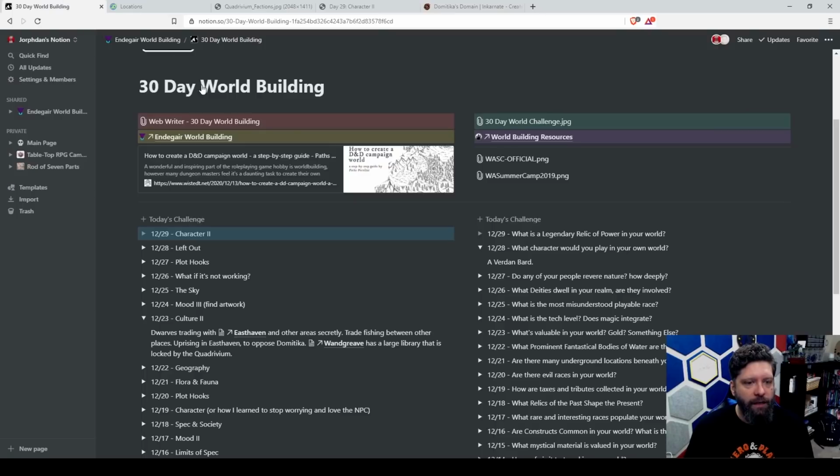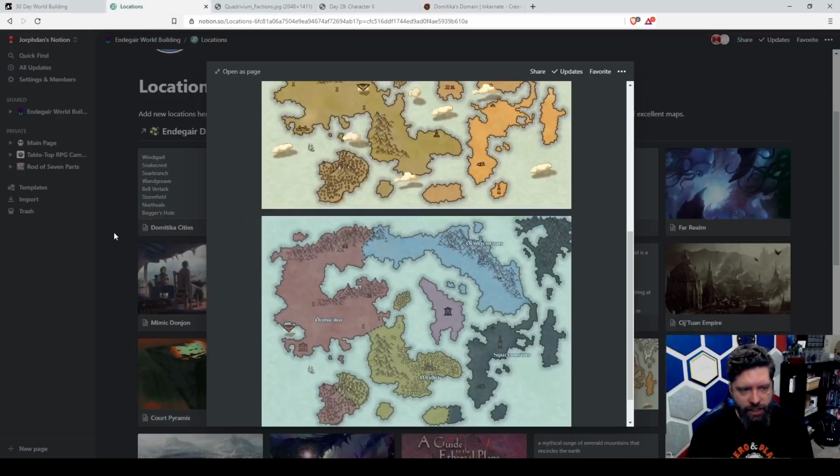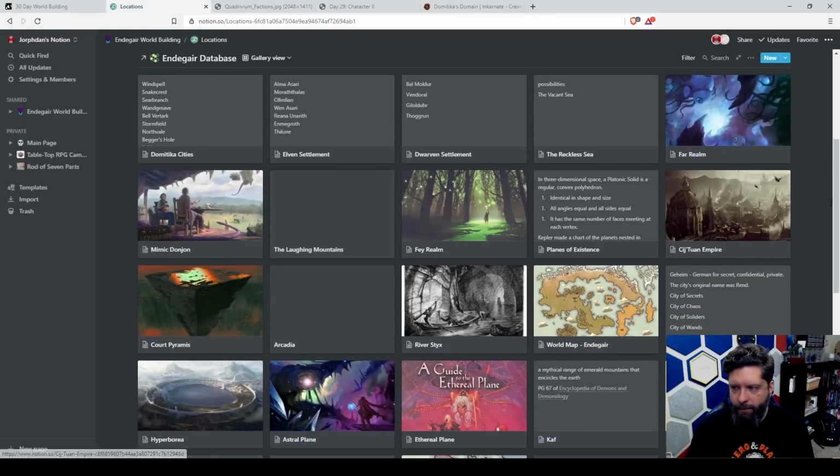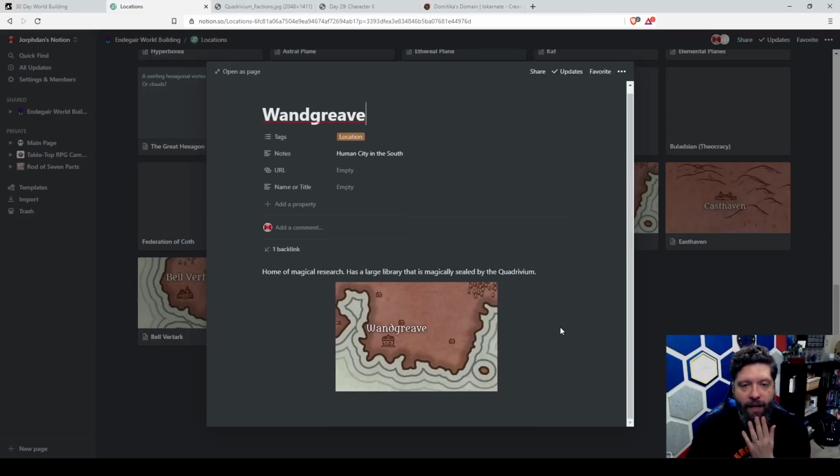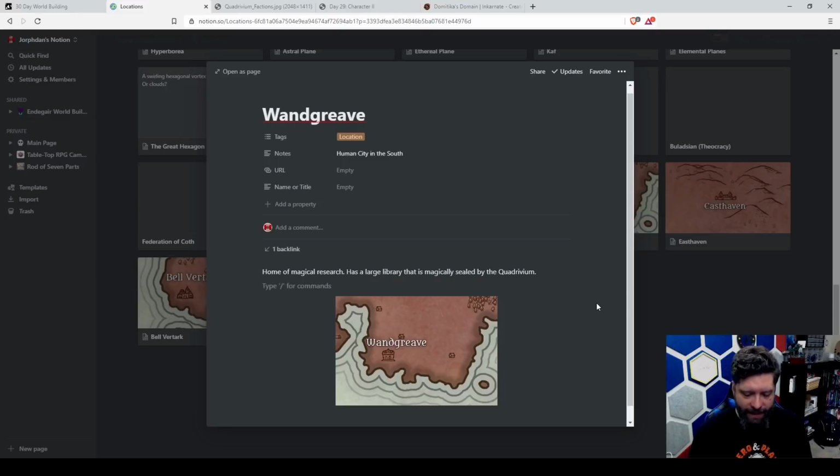So jumping to locations, I made, my mouse doesn't like to work. So I made these 4 down here. So let's start with Wangrieve. Wangrieve is a human city in the south, home of magical research, and it has a large library that is magically sealed by the Quadrivium. So expanding upon this, I want to say like